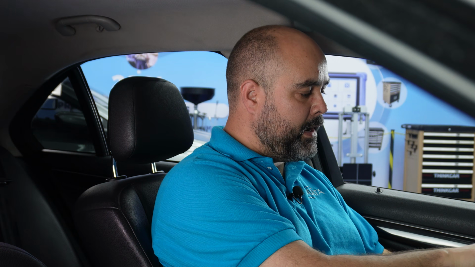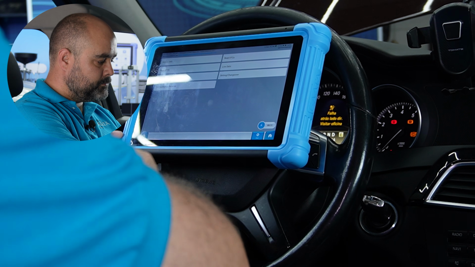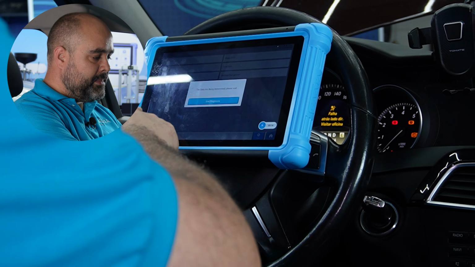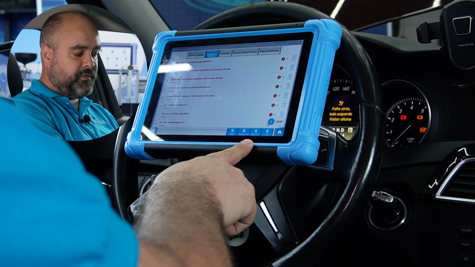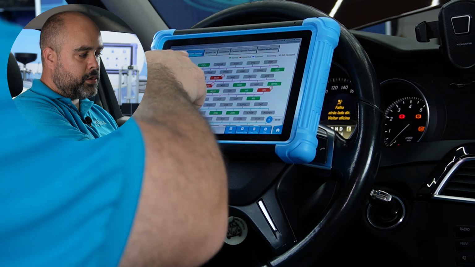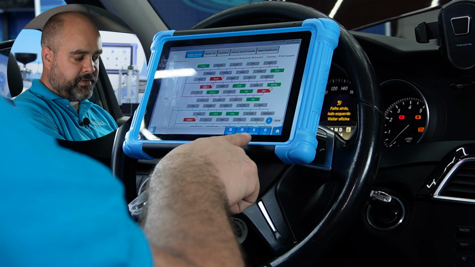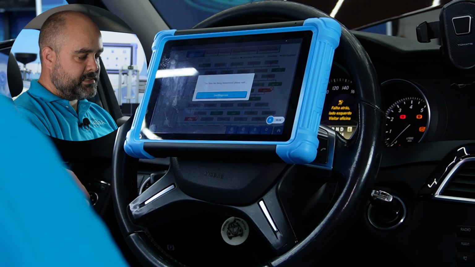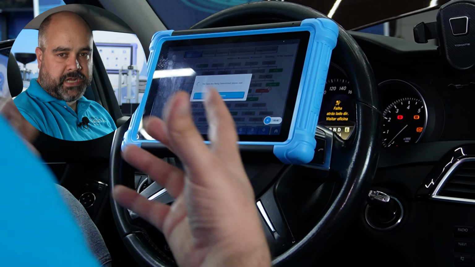Okay, let's go back. And the same idea of this diagnosis we can apply on all the models. But Caio, I want now to clear all the DTCs from all the models. Can I do that? Yes, you can. Here down below you have the clear DTCs on the system list, or on the system topology. You just need to press clear DTCs, and it will take some time, of course, because